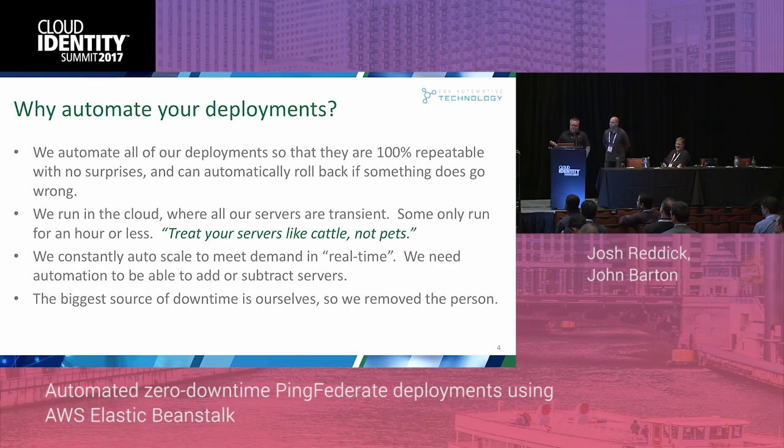So why automate your deployments? We automate everything so that it's 100% repeatable, you can roll back, and everything's just automatic. We run in the cloud where the servers may not be around for very long. Amazon likes to come along and kill your server and replace it with a new one because of some security patch. My boss says treat your servers like cattle, not like pets. No offense to anybody that had a pet cow. Come on, you're supposed to